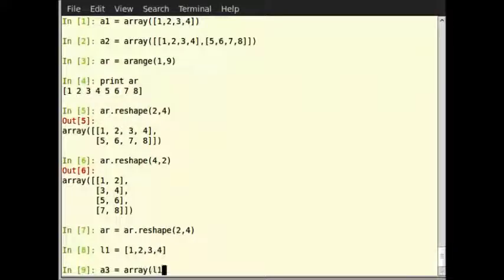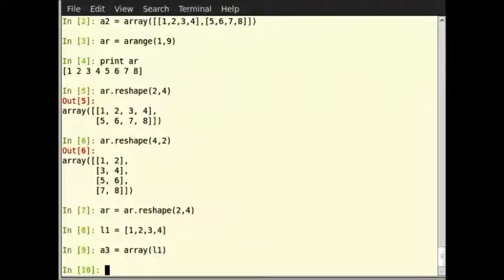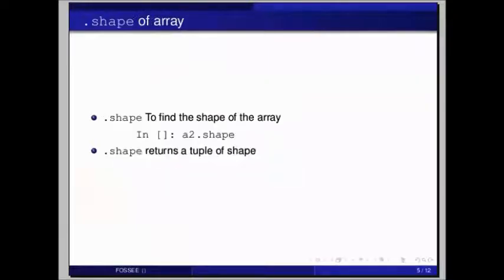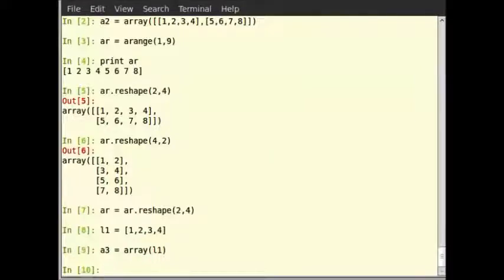To find the shape of an array, we can use the attribute .shape. Let us check the shape of the arrays we have created so far. a2.shape returned a tuple 2, 4. A tuple is nothing but an ordered list of elements.